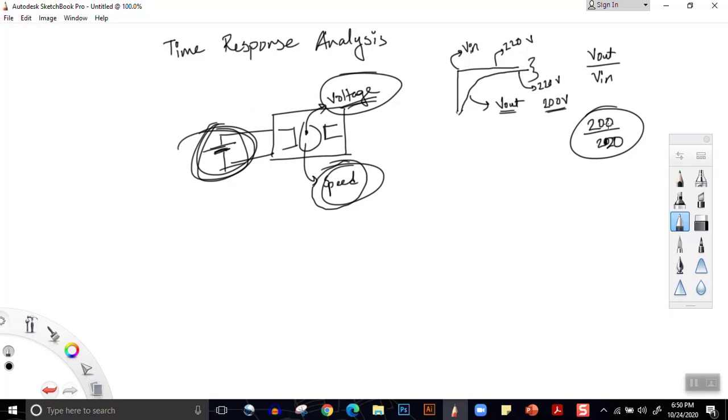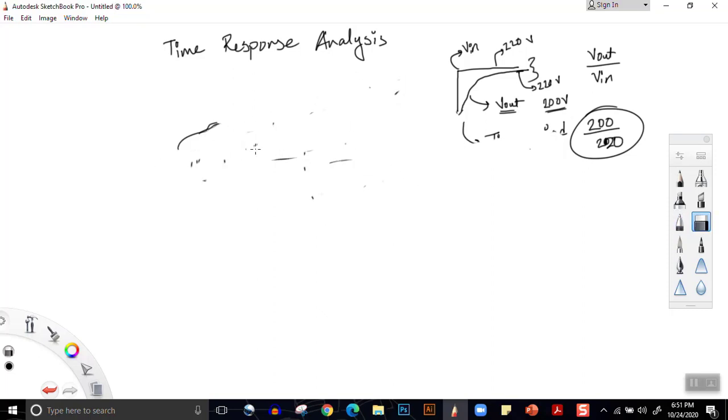So the gain is a thing that is dependent on the steady state of the output. That is, when the input has been exerted for a long period of time and the output value is fixed. And there is another factor: how fast does it reach the maximum value or the steady state? That is another concern, and that is defined as the time constant. So in time response analysis,